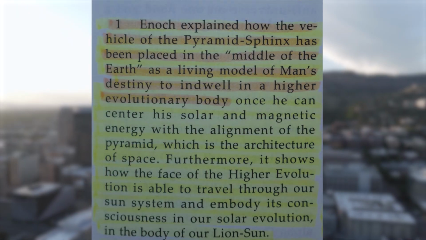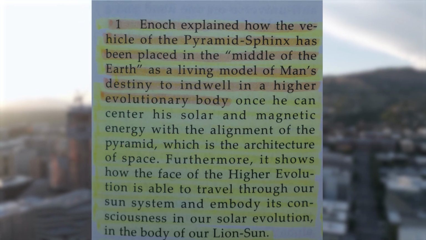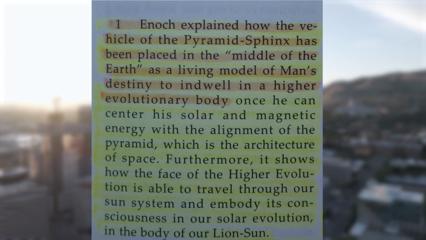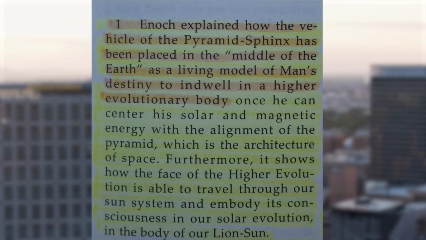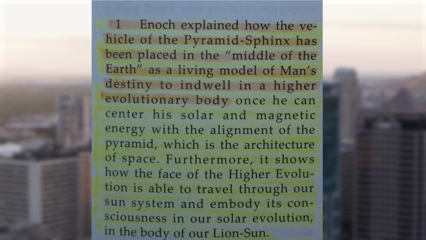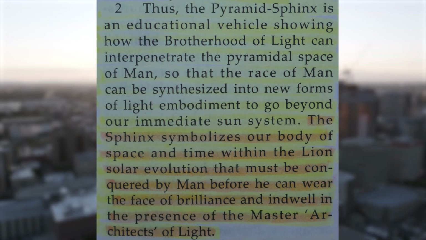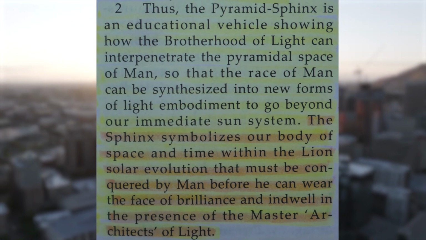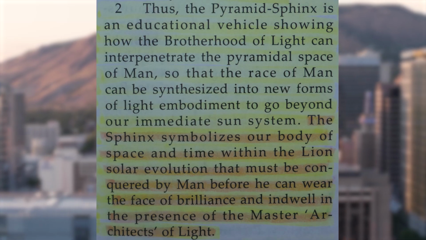All right. Enoch explained how the vehicle of the pyramid sphinx has been placed in the middle of the earth as a living model of man's destiny to indwell in a higher evolutionary body, once he can center his solar and magnetic energy with the alignment of the pyramid, which is the architecture of space. Furthermore, it shows how the face of the higher evolution is able to travel through our sun system and embody its consciousness in our solar evolution in the body of our lion sun. Thus, the pyramid sphinx is an educational vehicle, showing how the brotherhood of light can interpenetrate the pyramidal space of higher man, so that the race of higher man can be synthesized into new forms of light embodiment to go beyond